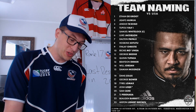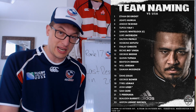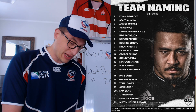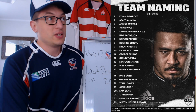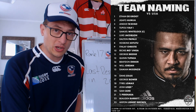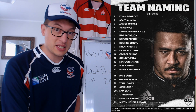So it's not a hugely experienced All Blacks front row. But I mean, Almua's dynamic, so he's not going to be taking any prisoners, is he? Whitelock and Vaa'i is the lock duo, so both of those guys are changes from the last squad. Remember, Whitelock missed out on the last few games because he was in New Zealand, and Vaa'i has been there